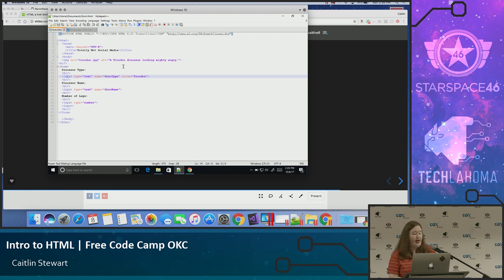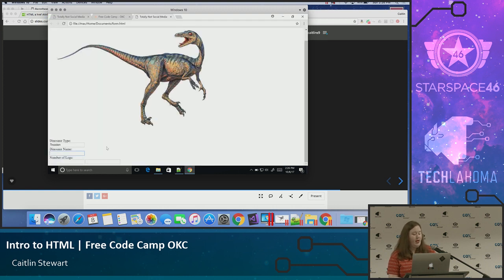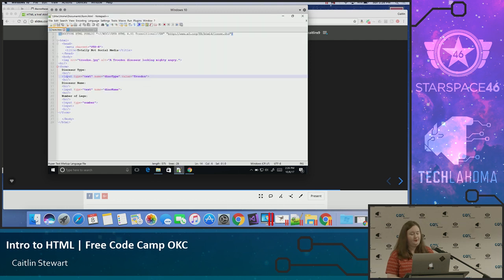And we gave it a value. You can see back on this page, the dinosaur type, it already has Troodon typed right in there. And that's what the value does, it pre-populates that field. Then we have this dinosaur name, which is just another text input, and I gave it a name of dino name. Now, we have this number of legs input,